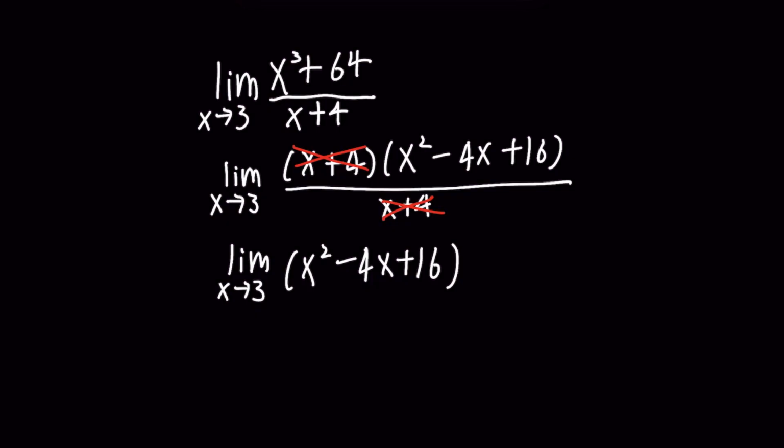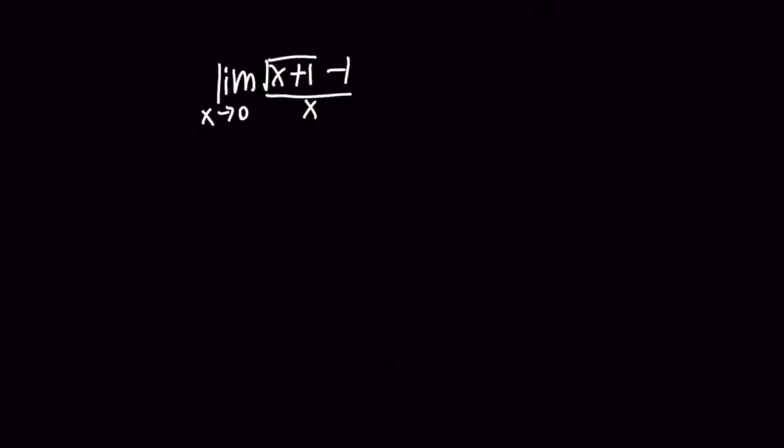And then we can substitute in 3 for x. So you get 3 squared minus 4 times 3 plus 16. That's 9 minus 12 plus 16, which equals 13. Next, for this one, if you were to substitute in 0 for x, you're just going to get a number over 0, which is undefined. So let's multiply it by the conjugate, root x plus 1,